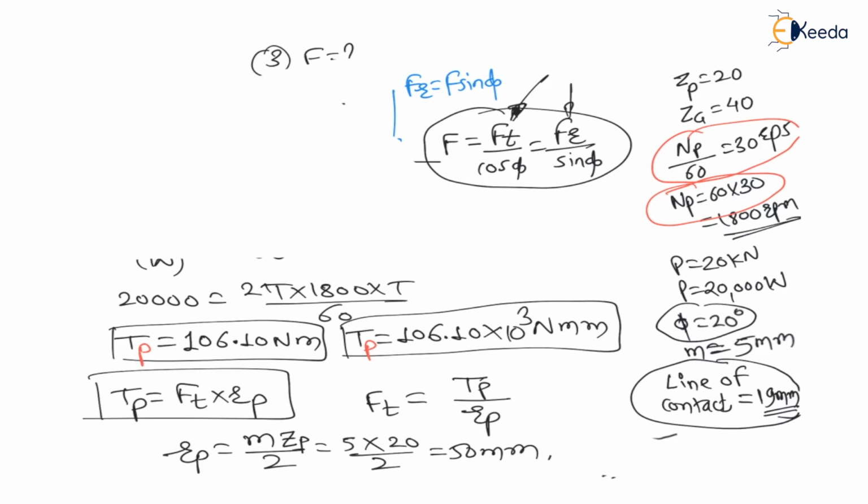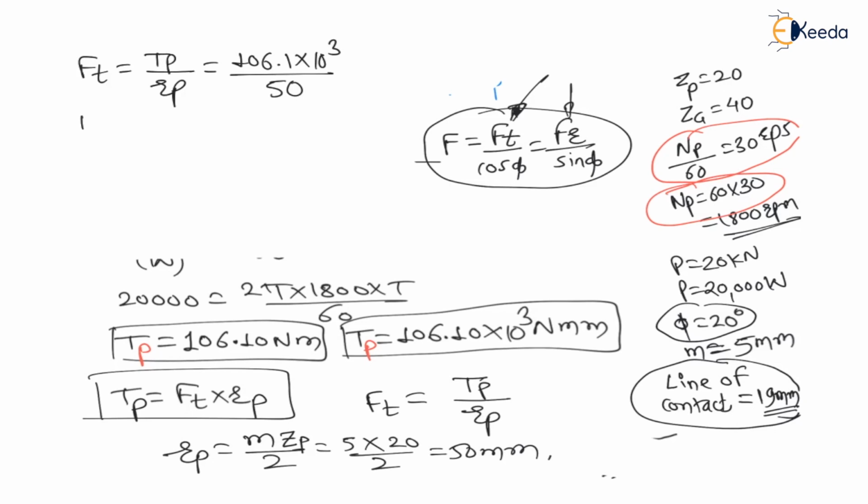If I solve for the tangential force Ft, it becomes equal to the torque of pinion divided by the radius of pinion, which is 106.1 into 10 to the power 3 newton mm divided by 50. Therefore the force transmitted, you will find, is equal to